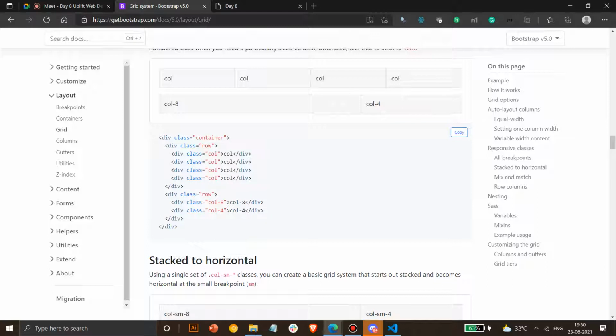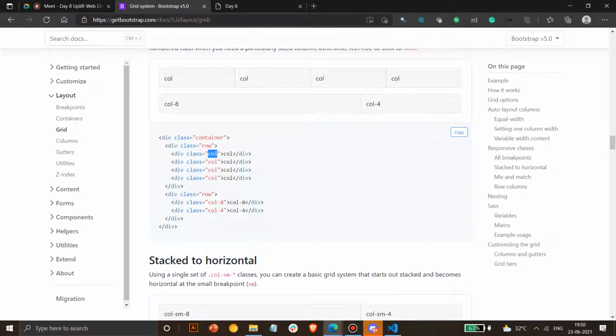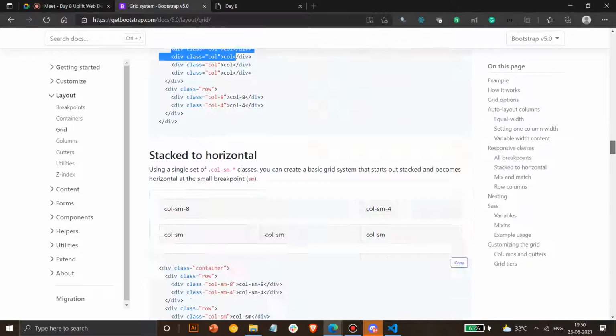Here instead of text you can add cards also, but you have to have a class for col. Okay, so do remember that this is not limited to text. You can use cards, you can use any element, any alerts, anything like that. Any of that can be added. Whatever we studied on day 7, any of the elements can be nested like this.